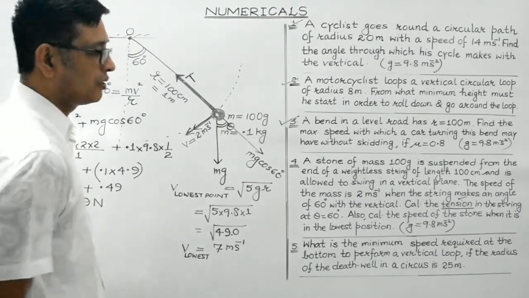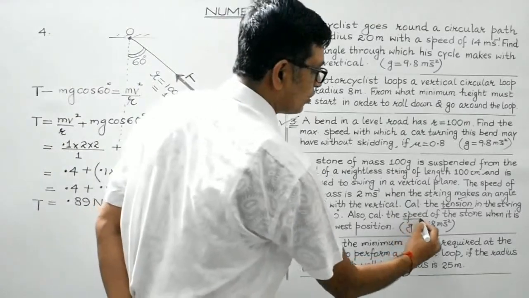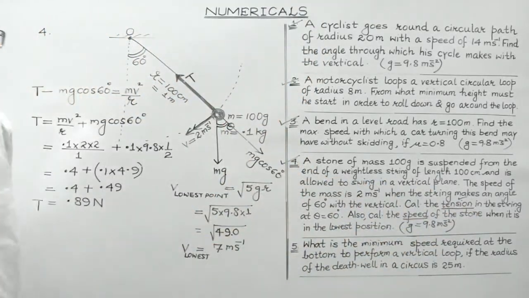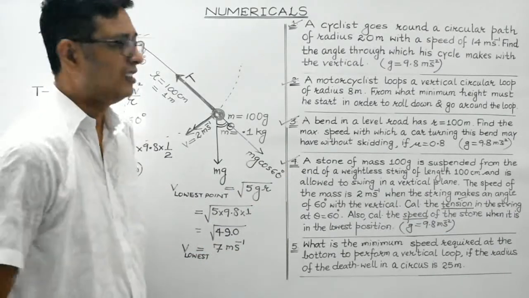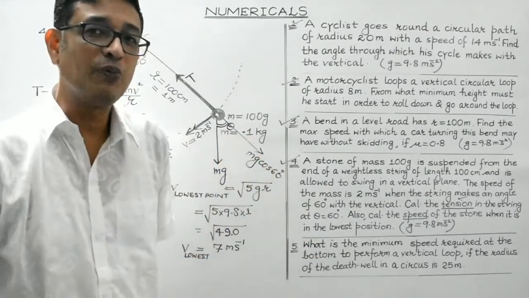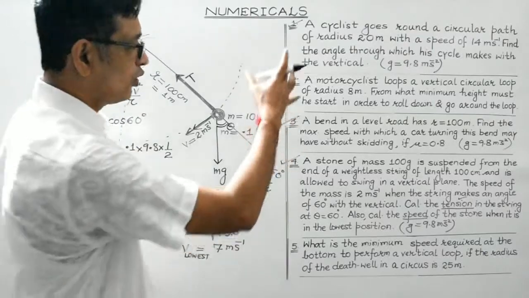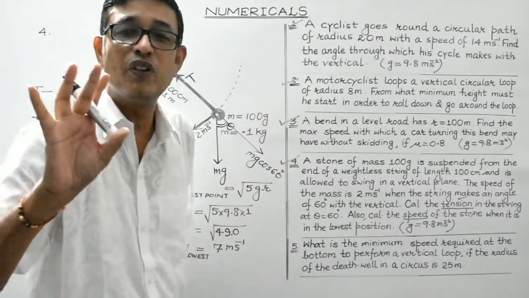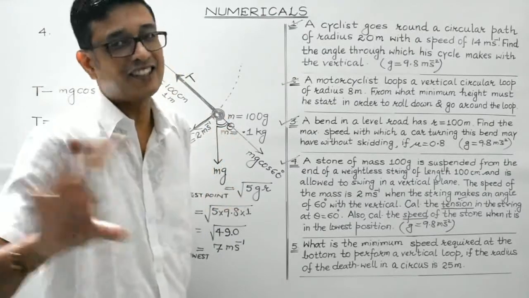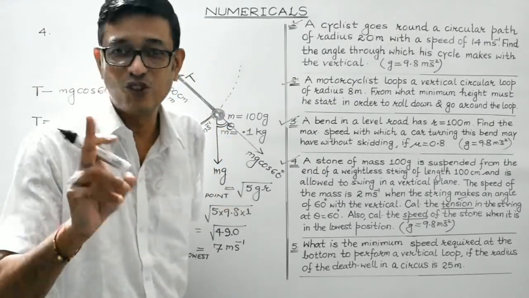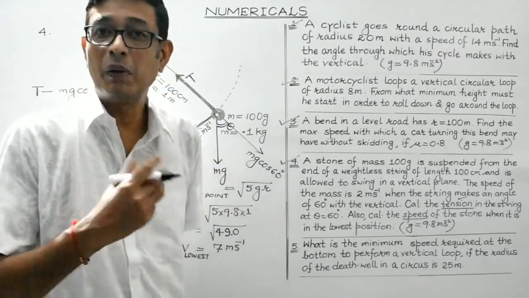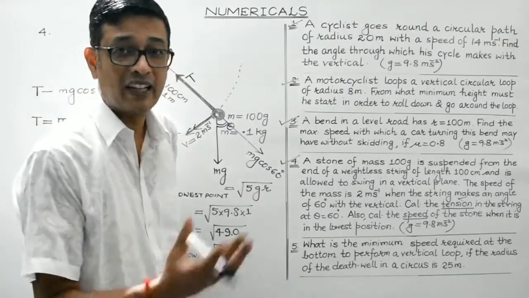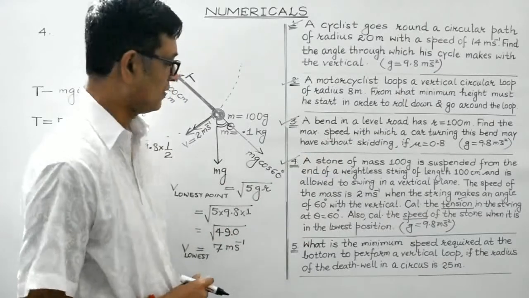So both the parts we have evaluated, the speed as well as the tension at this position. So students, we are done with question number 4. Again, these are some very simple questions based on direct formulae. In order to solve these questions, the theoretical portion, all those articles which we have done previously, must be crystal clear. There shouldn't be any confusion. You need to remember all the formulas, so as to apply them directly while solving these questions.